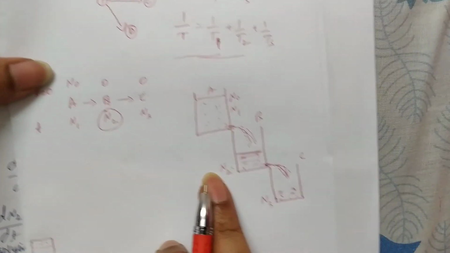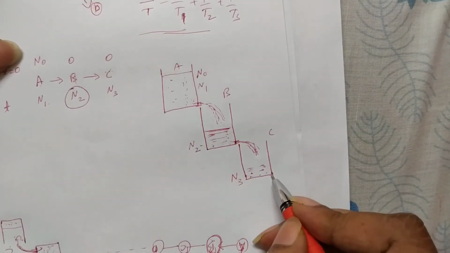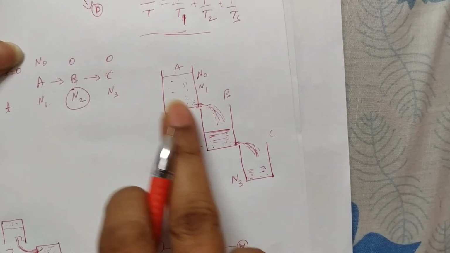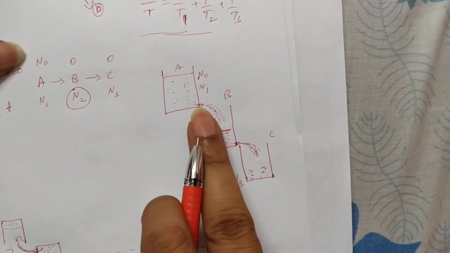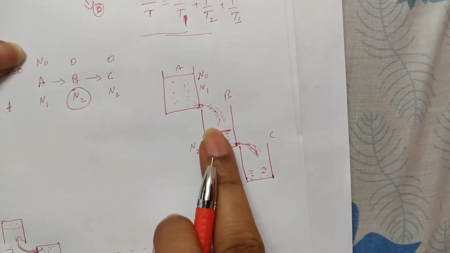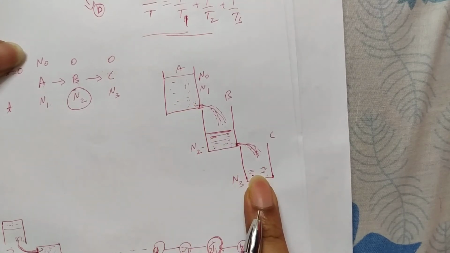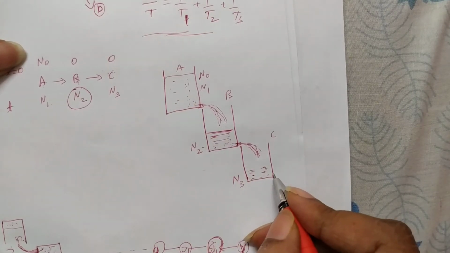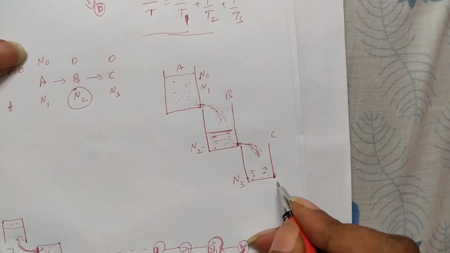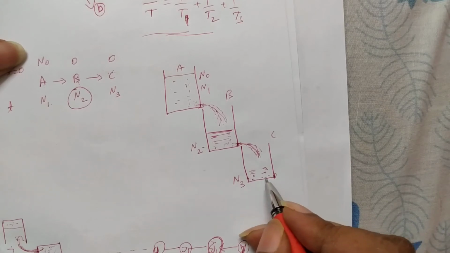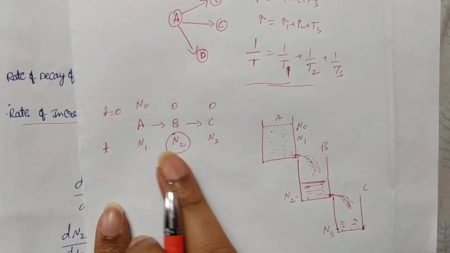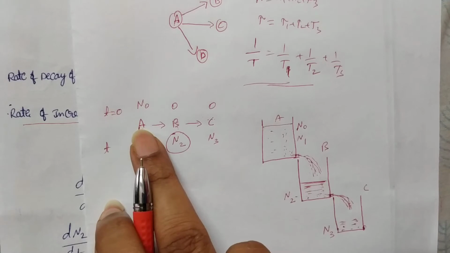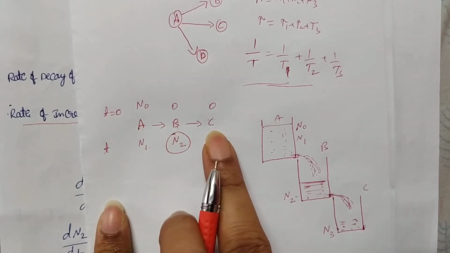Suppose the C tank has no hole. Then the total liquid, even though it takes more time, finally all gets converted into C. Suppose it also has a hole and liquid goes into a D tank, then that liquid goes to D. This process continues. So here also, finally all the nuclei of A and B are converted into C.